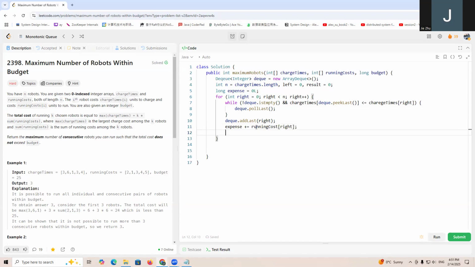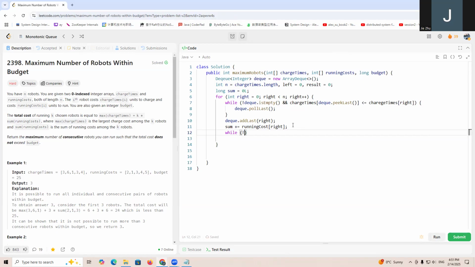So this will be step one. And step two is by checking this cost, which will be the real expense. A moment ago, that was just the sum. Let's call this one sum, it will be better. So we call this formula the expense. So we'll say, while this expense is greater than budget,